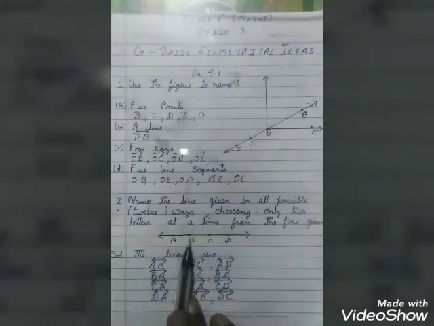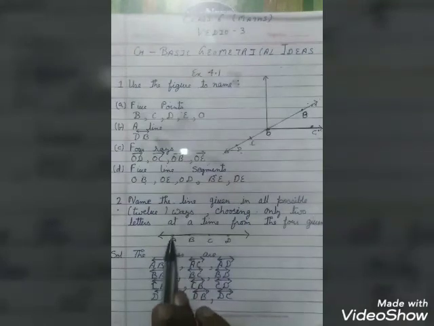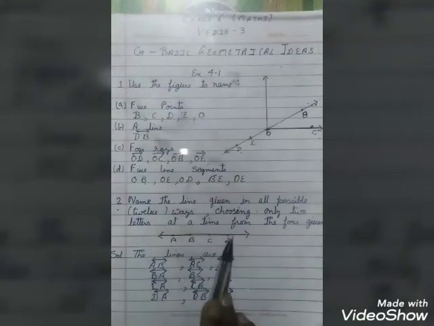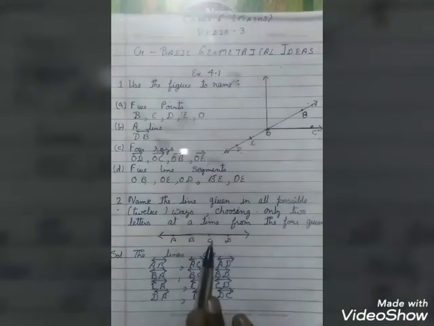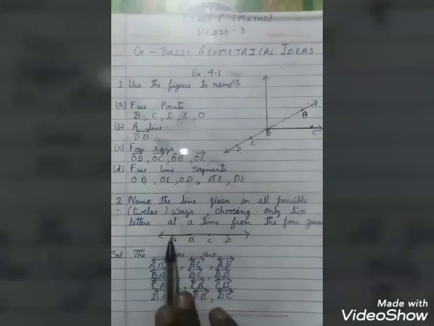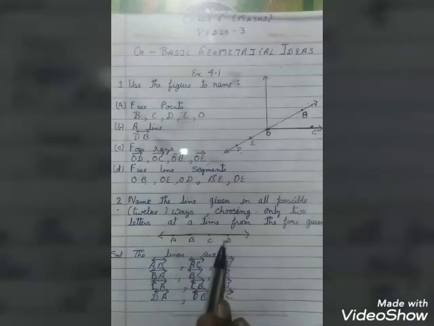In second part we are considering point B, BA. Reverse also we can move and name them, BC, BD. In third we are taking point C, CA, CB, CD. At last we are taking D point, DA, DB and DC. So this is the way we have given names to the line.